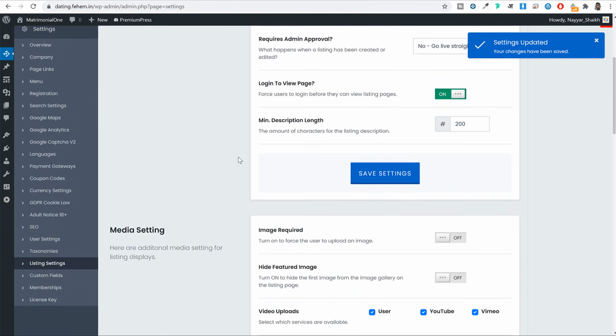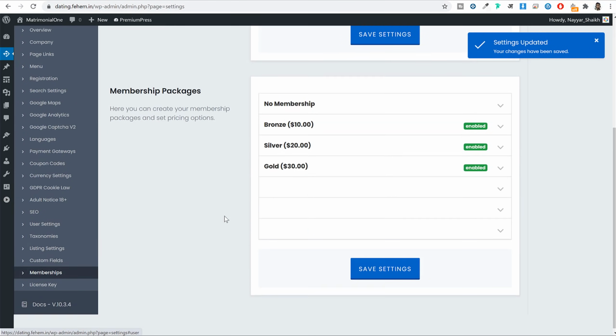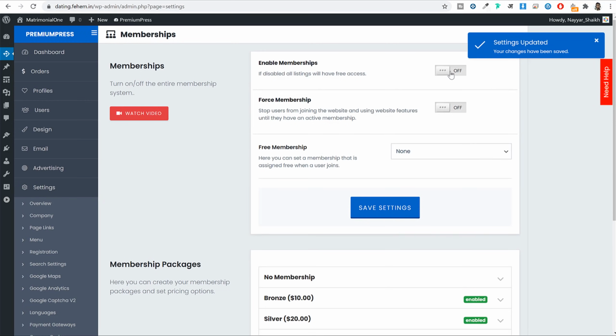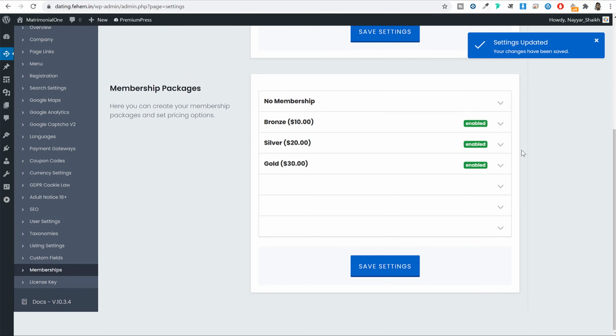Then after that, under Settings, you will see Membership option. Click on this option. Now here we want to make sure that this thing is enabled, membership option is enabled. So this will disable all the listings with free access. So a person must select any membership option. We'll see that thing later on. Again, make sure that this thing is also tick marked, force membership. Again, it will do the same thing. It will make sure that a user, before seeing any profile, before doing anything else, must have a listing or must have a membership plan active with their profile page. Now you can come over here.